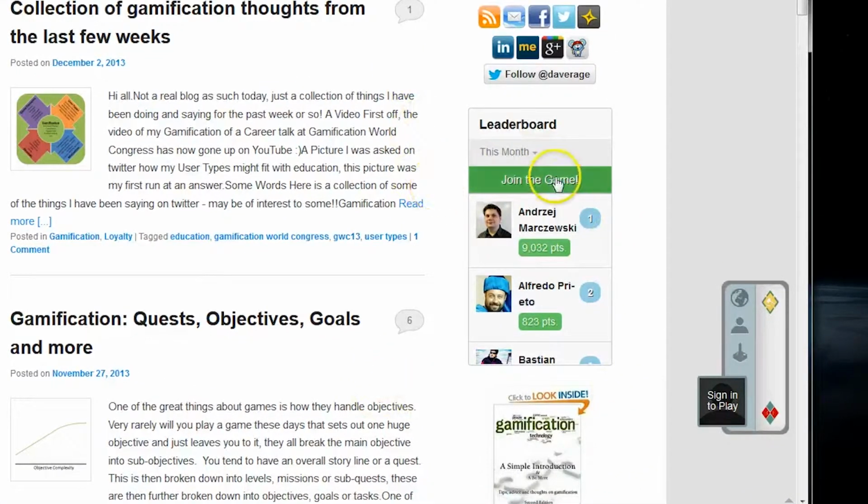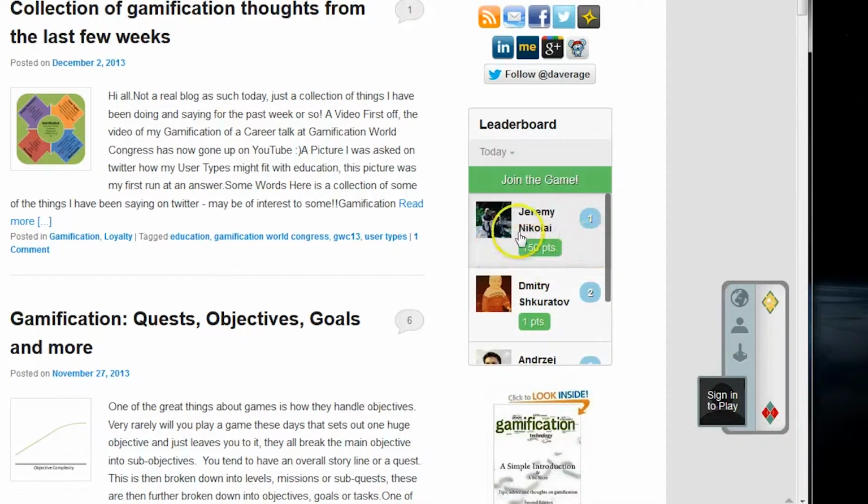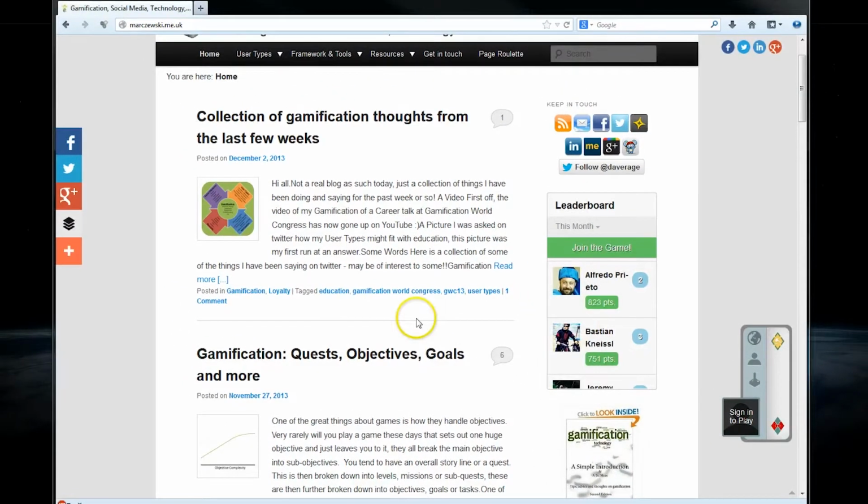Now, exiting out of this, we see that there's also a leaderboard here on the site that's pretty much on every sidebar. We can look at the leaders either by month, all time, or just by today. And as you can see, today there's been 3 people, one of whom has gotten 150 points and is in the lead. If we go to the month though, the top person has 9,000 points. So you can see that there's a fair amount of at least basic activity going on here, today, over time,